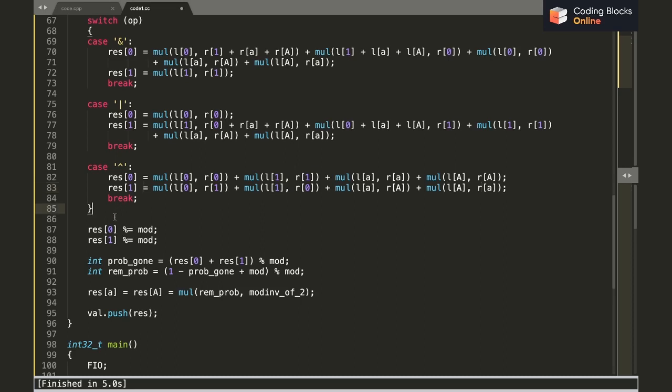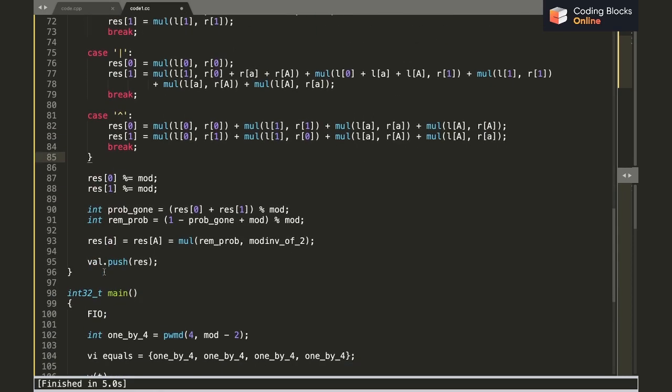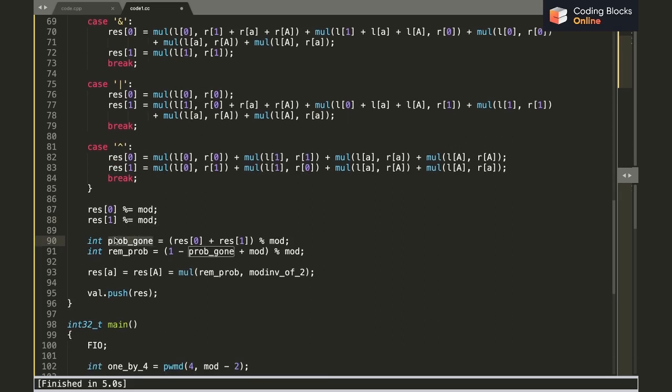So when I'm out of this, I have calculated the res of 0 and res of 1, but they are not under modulo because I have added several values. So I just took percent equals to mod, and the probability that is already gone in result 0 and 1 is the sum of them both percent mod.